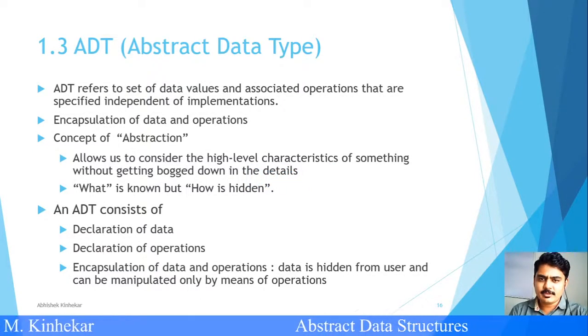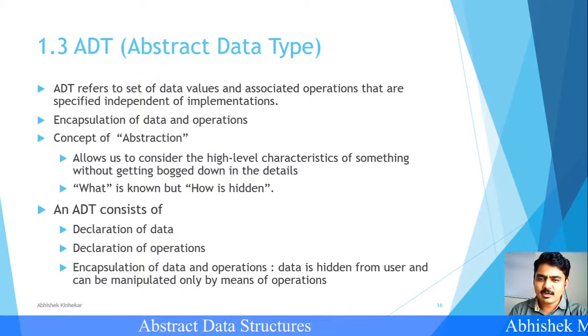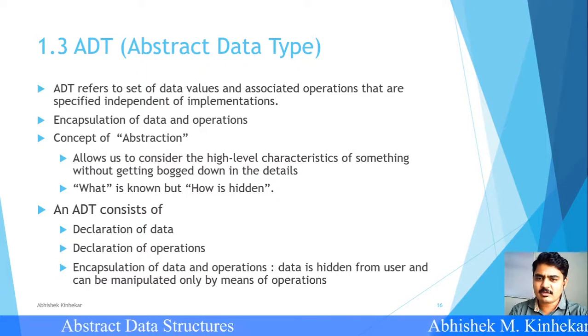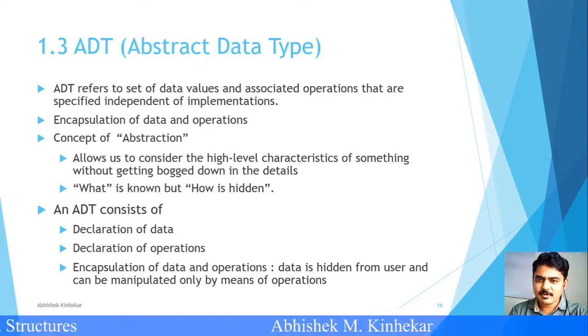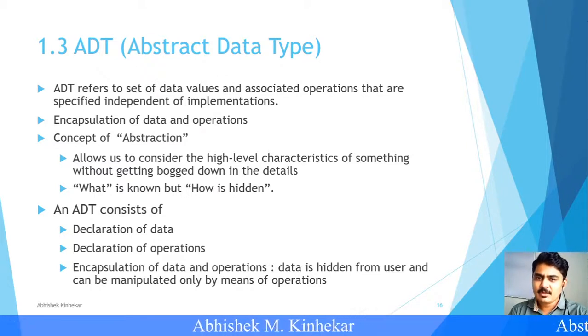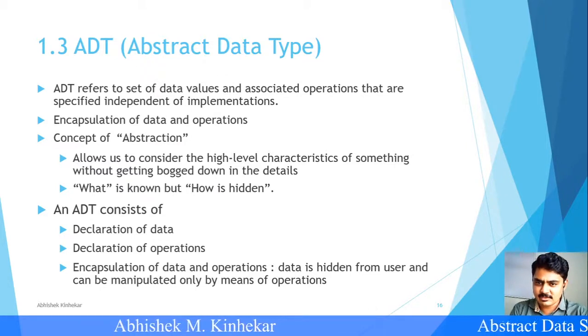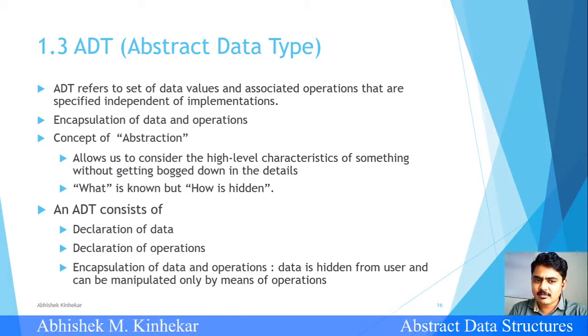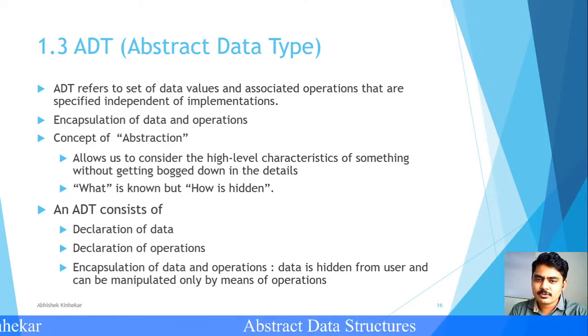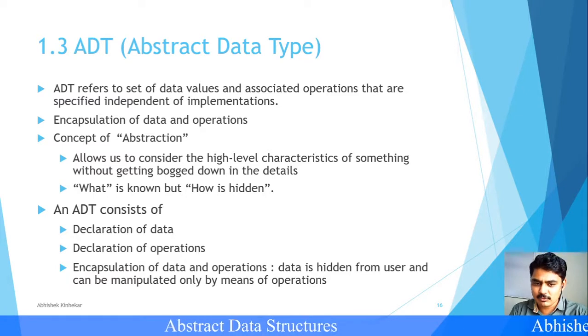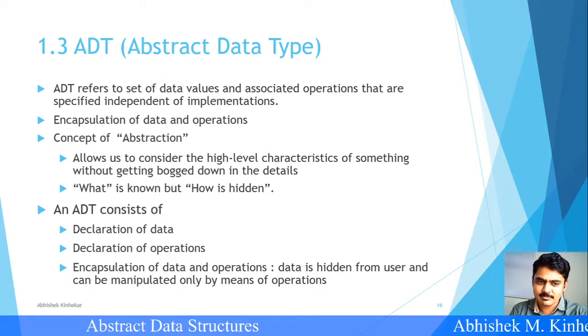Hello students, in the previous part we have seen the theory of ADT, how an ADT looks and what the ADT operations are. In this part we are going to practically see how to create an ADT for a rational number, how to define all operations on it, and how to write a C code for the same. So without wasting much time, let us go to Code::Blocks and try coding something.